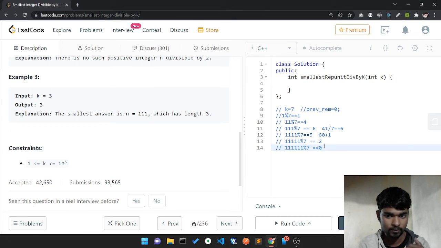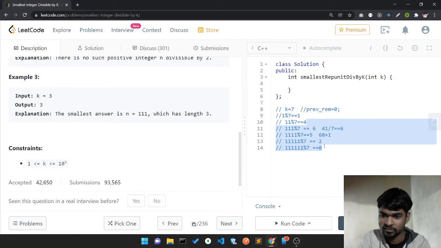The limit is when my length is equal to that k; in that case, it's going to repeat itself. You can observe it, but this case is long, so I'm not going to do that.